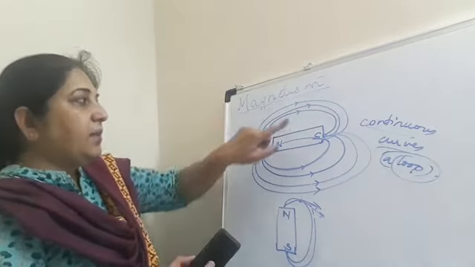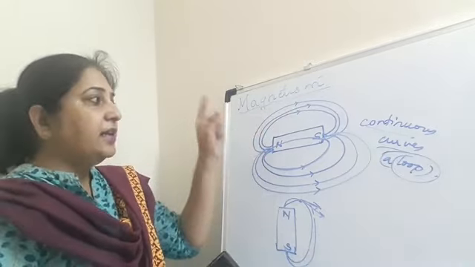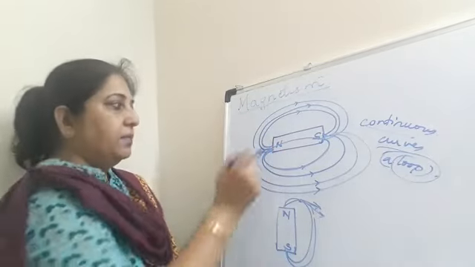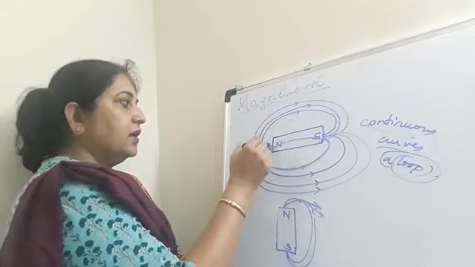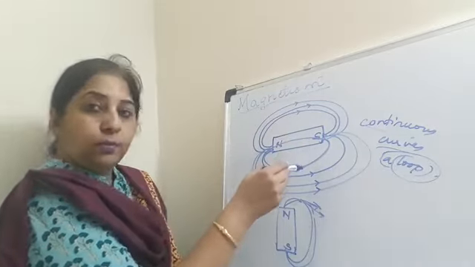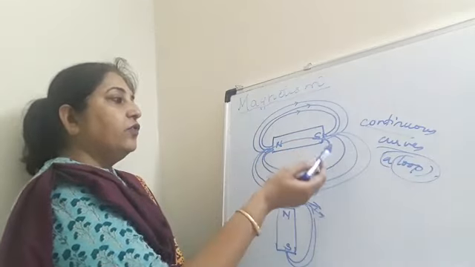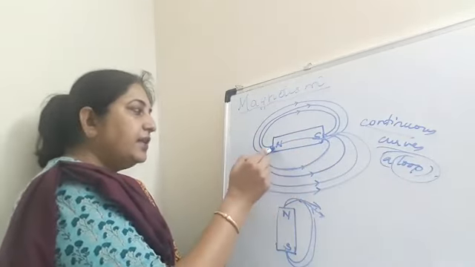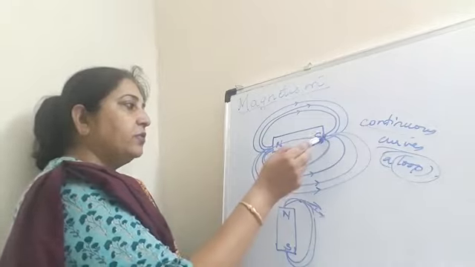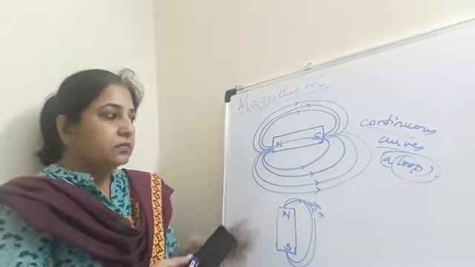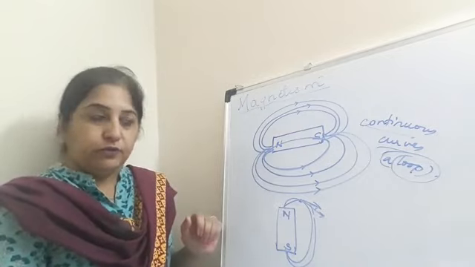So these are the magnetic lines of force representing the magnetic field. Then there is a direction of the magnetic field, beginning from north to the south. They form a continuous loop. Outside the magnet they move from north to the south, and to complete the loop inside the magnet they move from south to the north, right? So this is how we represent the magnetic field or the magnetic lines of force.